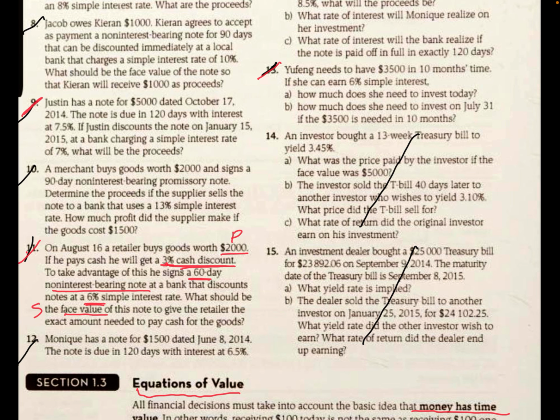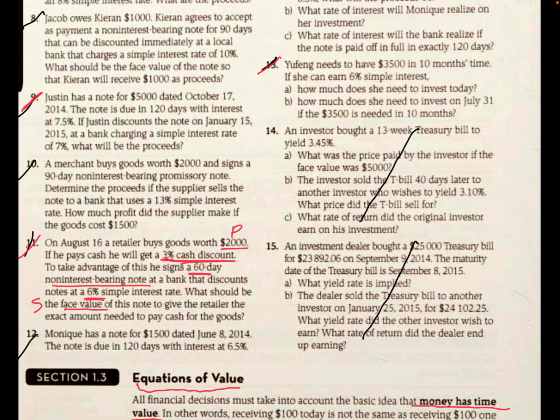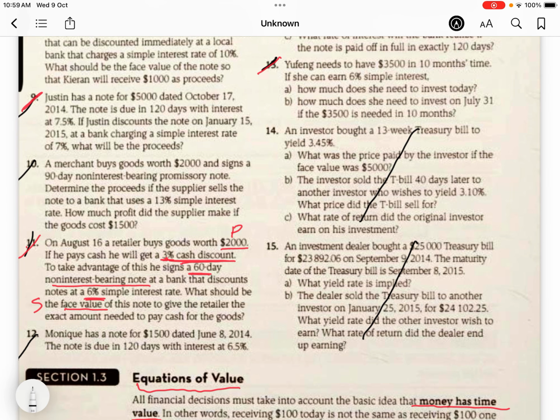On August 16, a retailer buys goods worth $2,000. If he pays cash, he will get a 3% cash discount. Taking the discount quantity, it will be 2,000 multiplied by 3 over 100, you will have 60. Then the proceeds will be 2,000 minus 60,